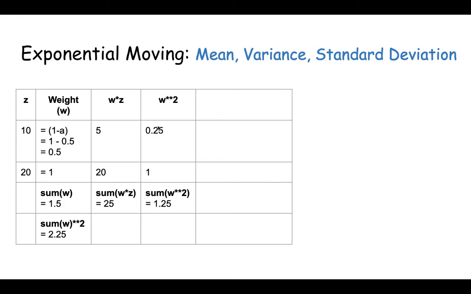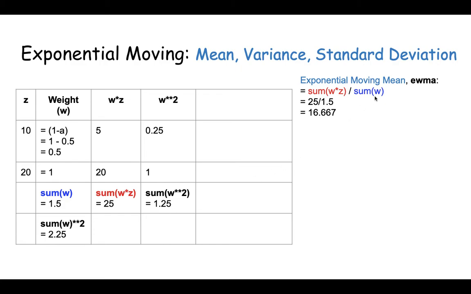Moving on, we can go ahead and square these values as well. So square the weights. So 0.5 becomes 0.25, 1 stays 1, and then we take a sum of that. So sum of 1 plus 0.25, we have 1.25, and this can be used to calculate the exponential moving mean